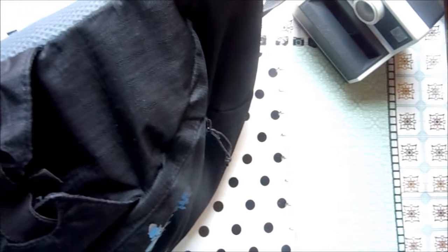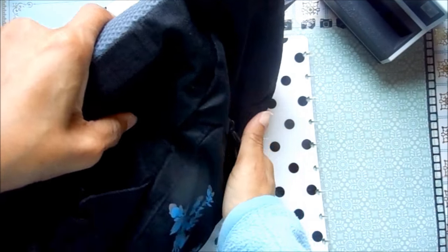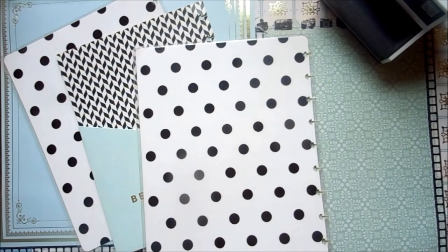So I'm going to be switching it out for another bag that either I buy from a small business owner or I go ahead and sew it on my own. So here's me adjusting the camera. I really like this Happy Planner, or me and my big ideas board, that I purchased at Costco. I'm going to have to replace the paper on top,